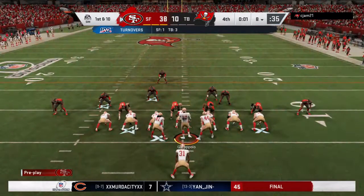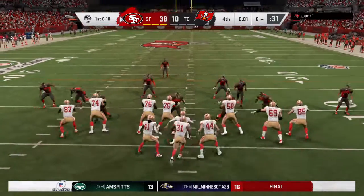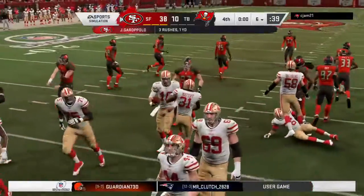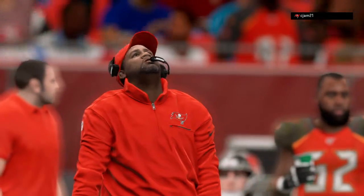Here we go. 49er offense set to get this drive underway, and this game comfortably in hand. The scoreboard speaks for itself, but you still got your starting quarterback out there. When do you go to the backup? Let him get some time. And that's one of the great questions in the NFL, Brandon, because